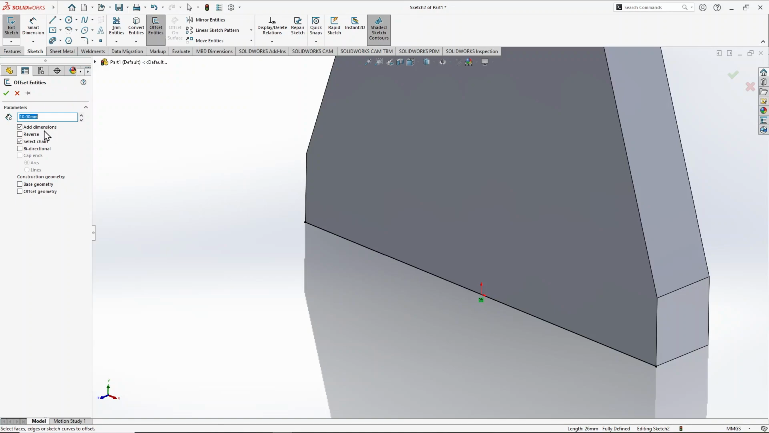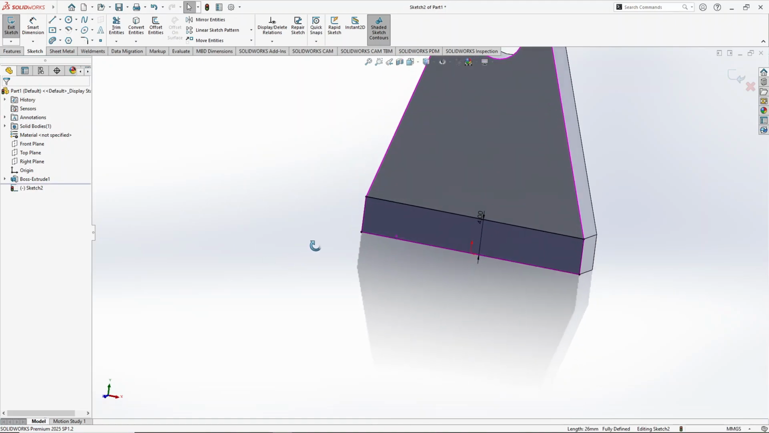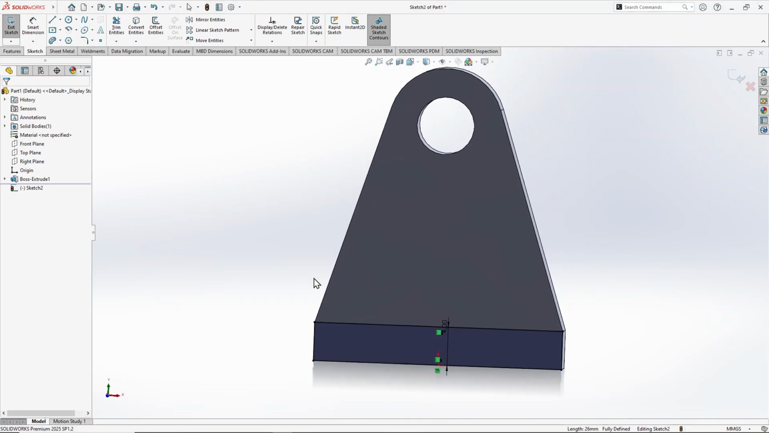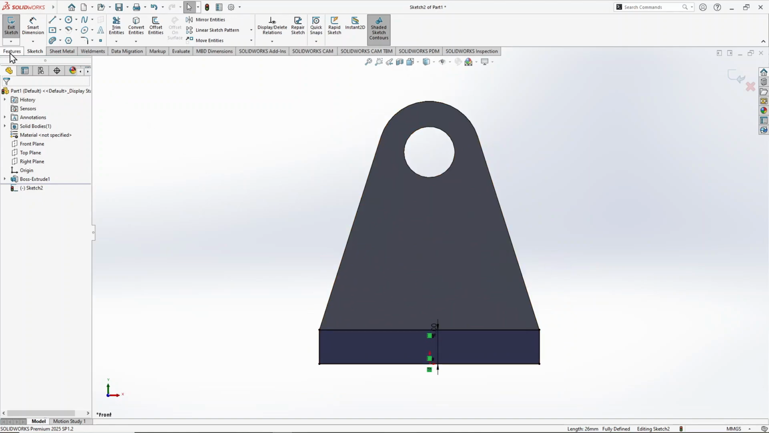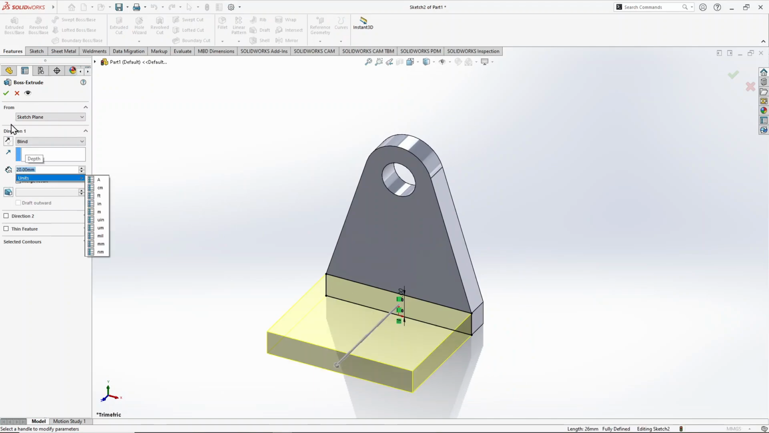Go to offset, enter here 4, enter, select this line. This is downward, so make it reverse, cap ends and click. Actually you can see here arcs, so click lines. Okay, space bar, this front face. Go to extruded feature, extrude it up to 20 mm, enter. Okay,